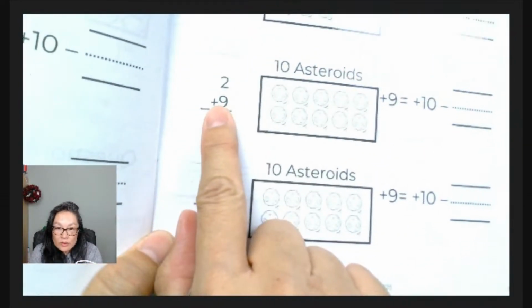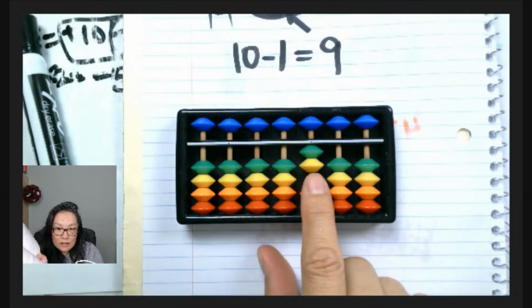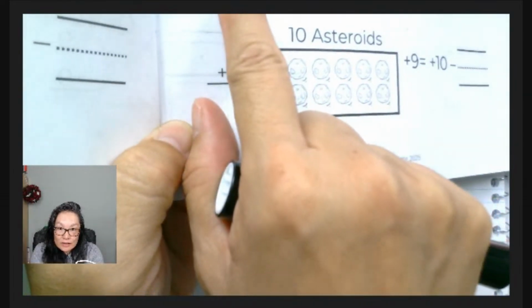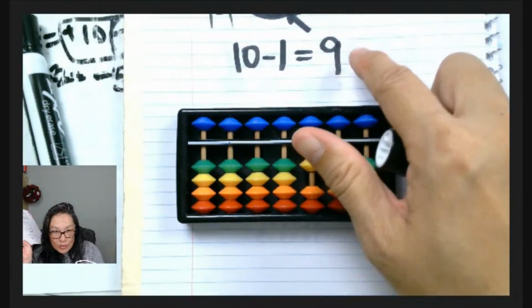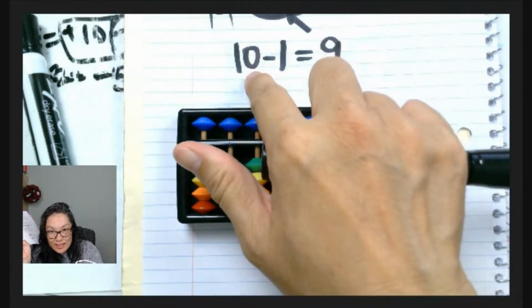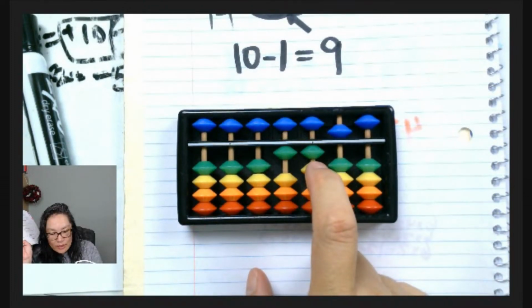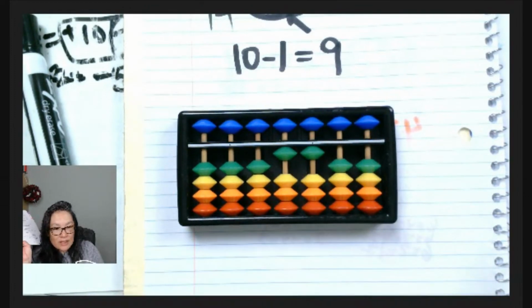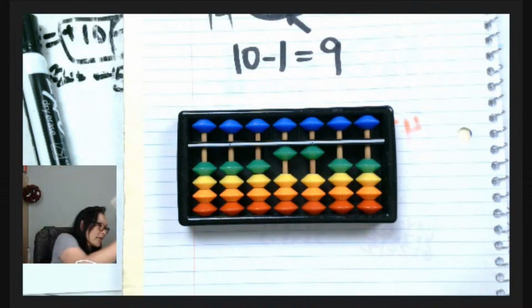let's do this one. 2. I want to plus the 9. Plus the 9 is what? Plus the 10 minus the 1. I'm going to plus the 10, take away the 1. My answer is 11, right? We can do it again,